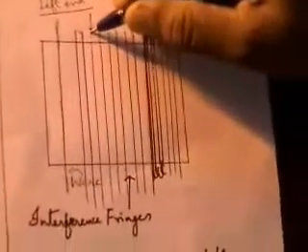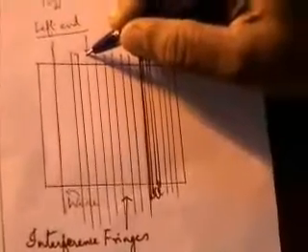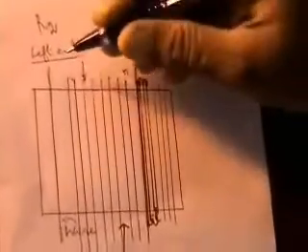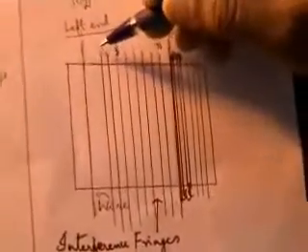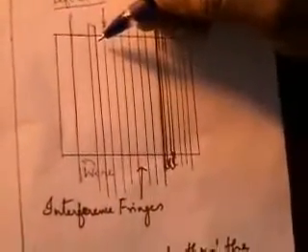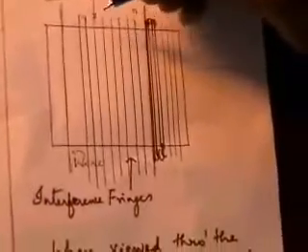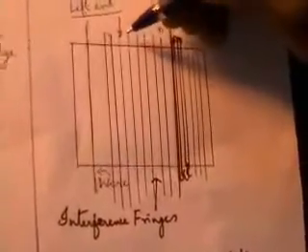Coincide the cross wire with this, then take the reading. Continue like this. As you continue, the fringe pattern may not be clear because the light may not be falling completely on that path. For this, don't panic. Slightly move the condensing lens in the direction in which you want to have the light. As you move the condensing lens laterally like this, the fringes will appear to be clear.